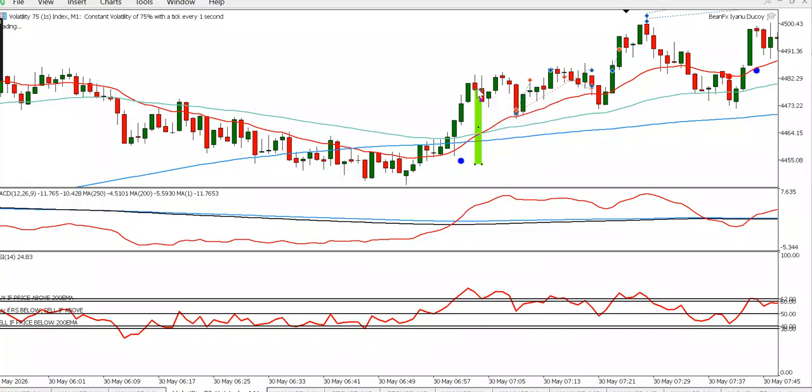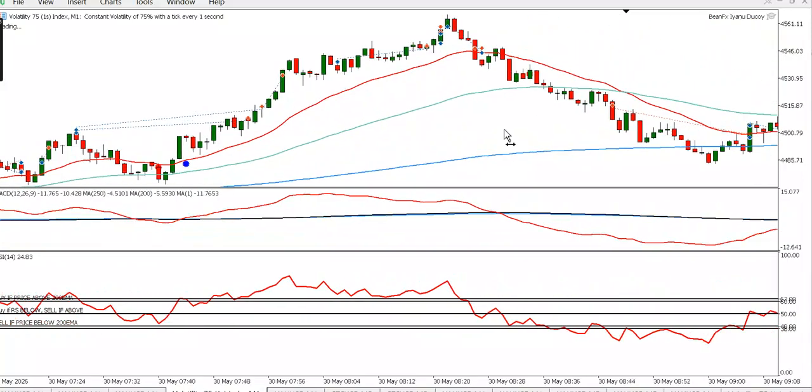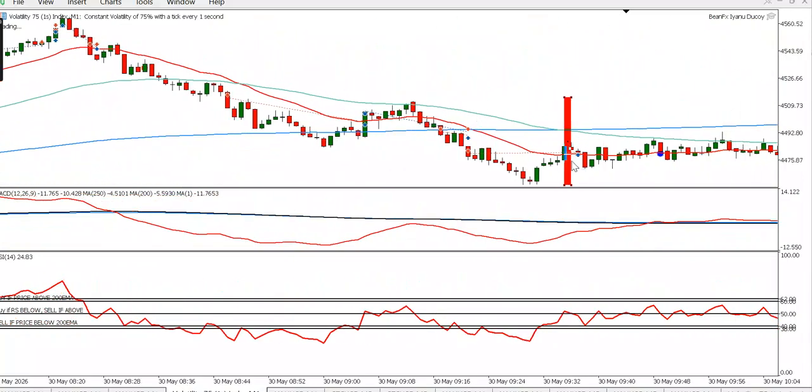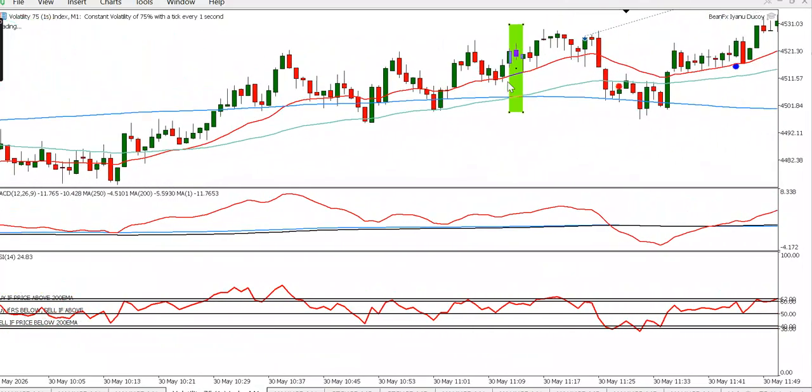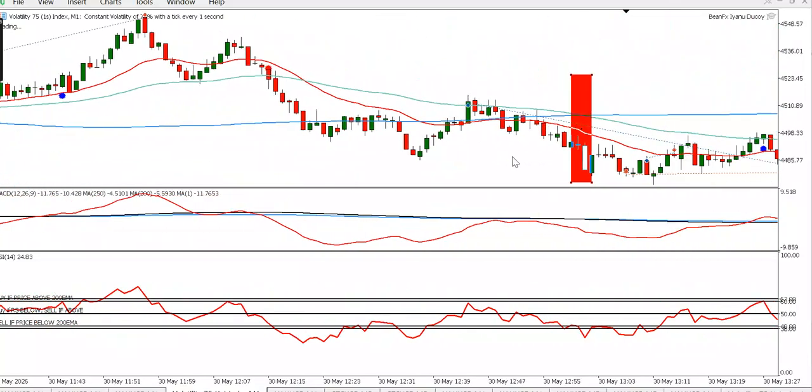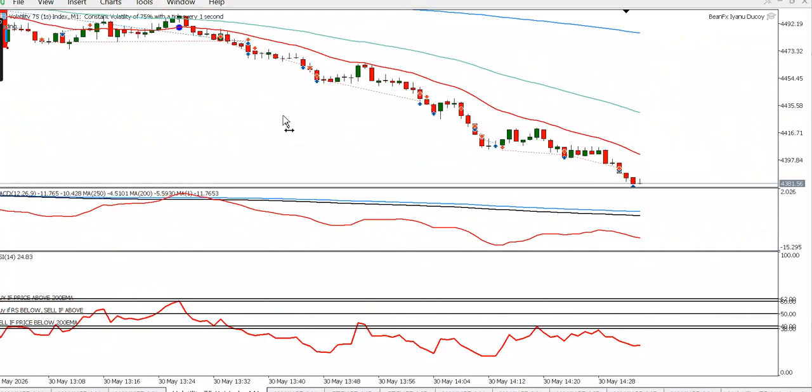Buy signal here will be your entry, because your stop loss should be somewhere around here. Sell signal here, where you have your entry should be somewhere here. Stop loss should be at this high here. Now buy signal, your entry should be somewhere around here. Stop loss could be below this low or below this low. And sell signal, your entry should be the point where this goes, somewhere around here. Stop loss should be above here. So that's for the main